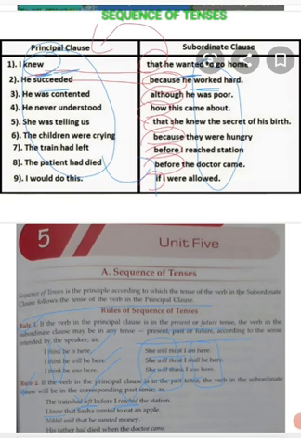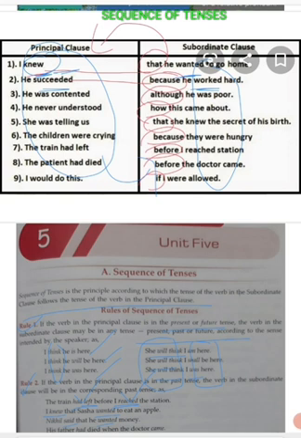I knew, so knew past, I knew that Sasha wanted to eat an apple, so wanted also in the past. Nikhil said, this is the main clause. Nikhil said, past tense, that he wanted money. That he wanted money, subordinate clause, wanted, the past tense. His father had died, past tense, when the doctor came. Came, again the past tense.